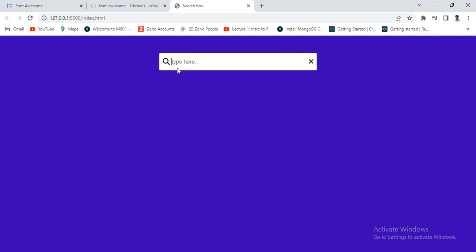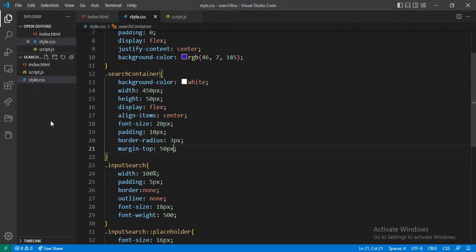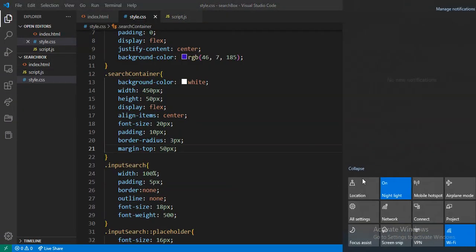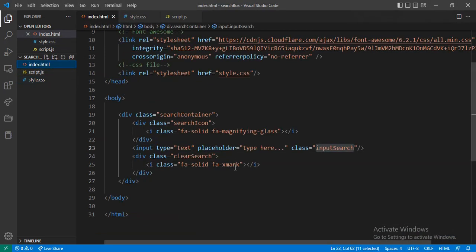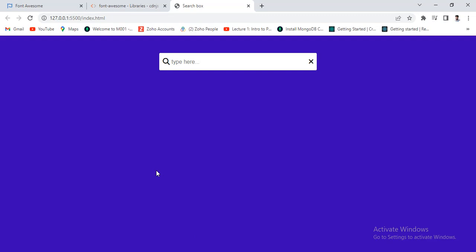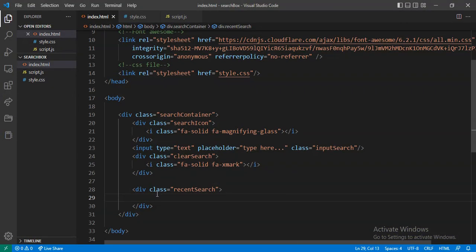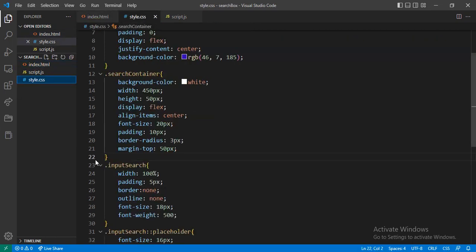Yeah, now this one. Now I want to make a modal so that when we click here, it displays the recent searches. First of all, I turn off the night mode. Now here, yeah, off it. In the search container, I make a div with class recent search, and inside that I give this one. First of all I design this, just copy this one, come to the style.css,